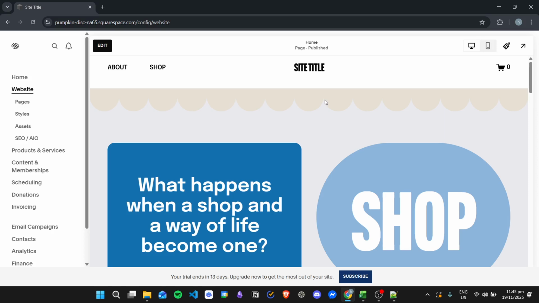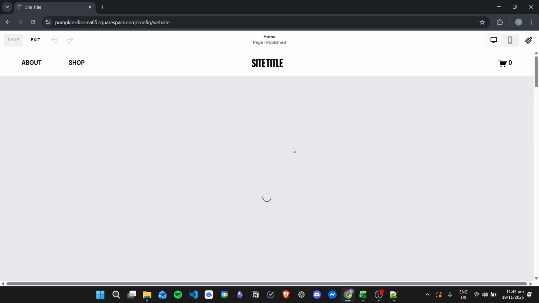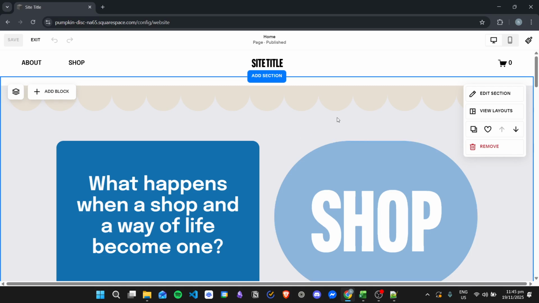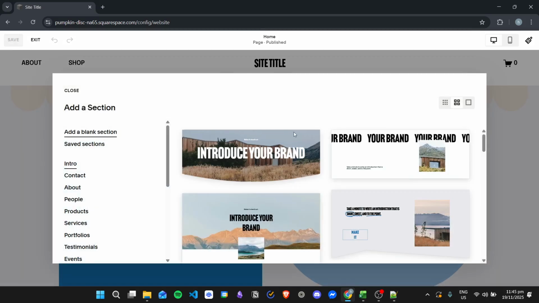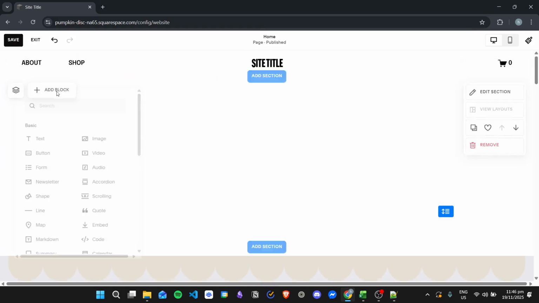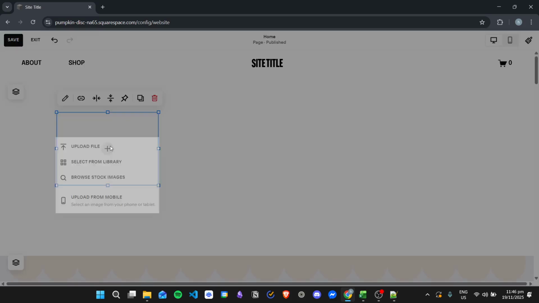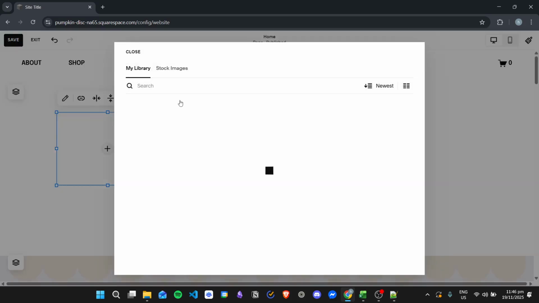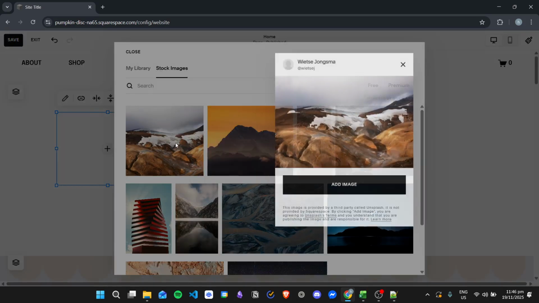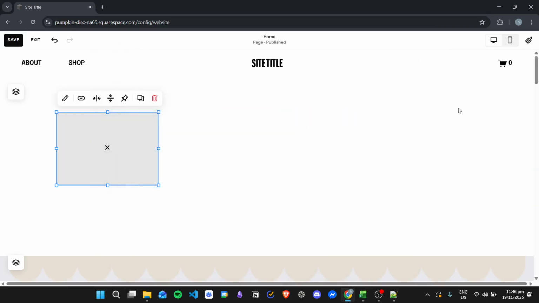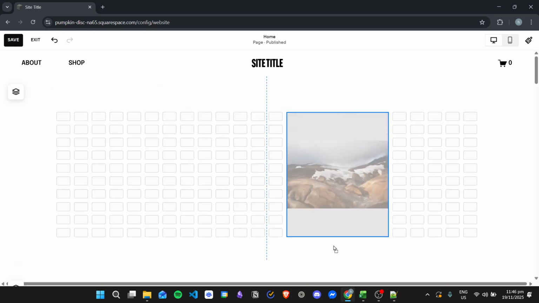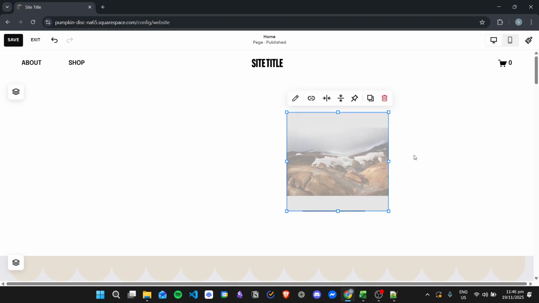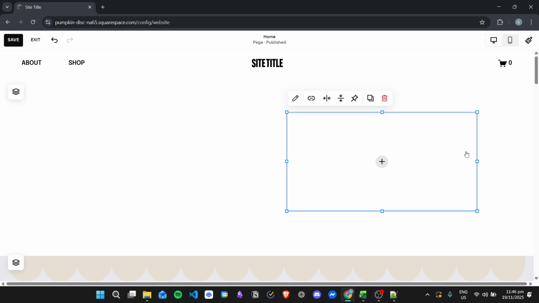So a simple way that you can create split sections is that you can just customize the look of your section to look like a split section. For example, I'll add a blank section right here. Then I can add an image. Then I'll just choose an image from the stock images right here. For example, this one. Then you can just go ahead and edit the image right here to look like it is